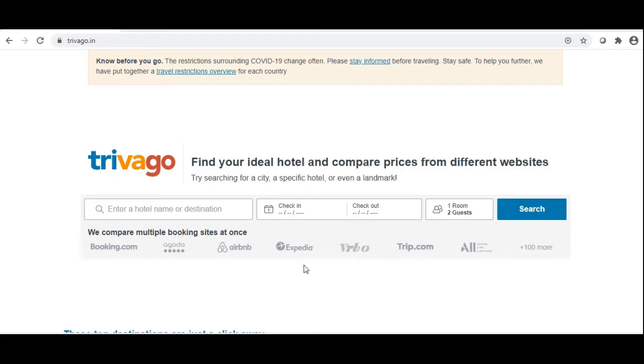How do they access the data from other websites, and that too the live data, which gets updated every minute? This can be done using APIs. The websites provide the APIs to Trivago, and Trivago uses that API to fetch the live data from these websites.